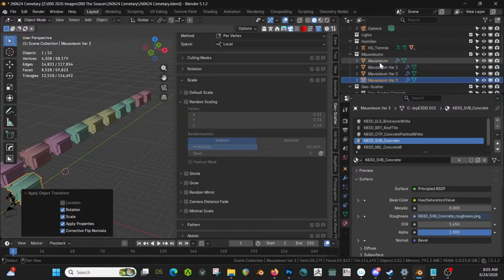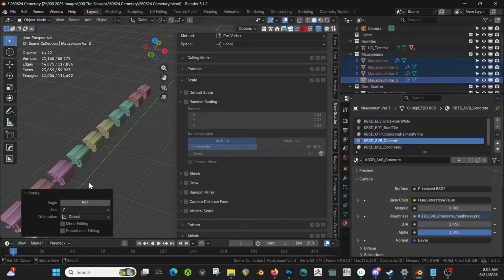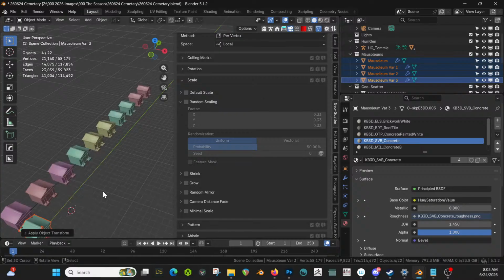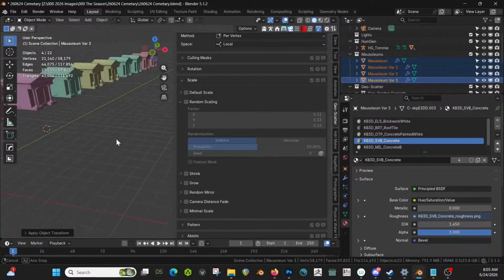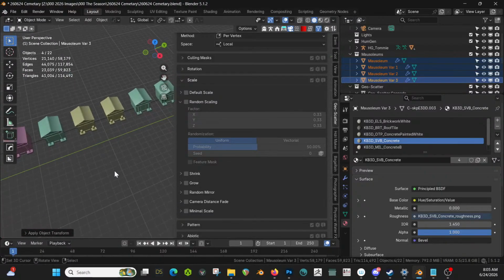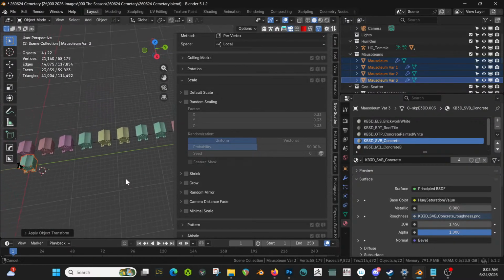Okay. Nice. That's actually working really well. Let's see. RZ90. Control A, rotation and scale. Cool. So we should be getting variants all lined up. I actually like that amount of space in between them too. Just about perfect. Okay. Now,